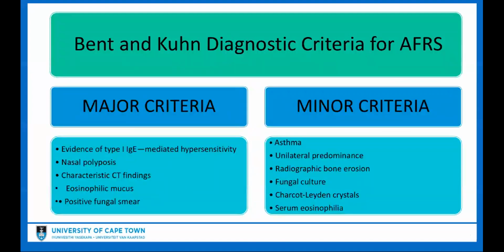In fact, there is the Bent and Kuhn diagnostic criteria, which includes 5 major and 6 minor criteria. The 5 major criteria include evidence of type 1 IgE-related hypersensitivity, nasal polyposis, characteristic CT findings, eosinophilic mucus, and a positive fungal smear. In the minor criteria, there's asthma, unilateral predominance, radiographic bone erosion, positive fungal culture, Charcot-Leyden crystals, and